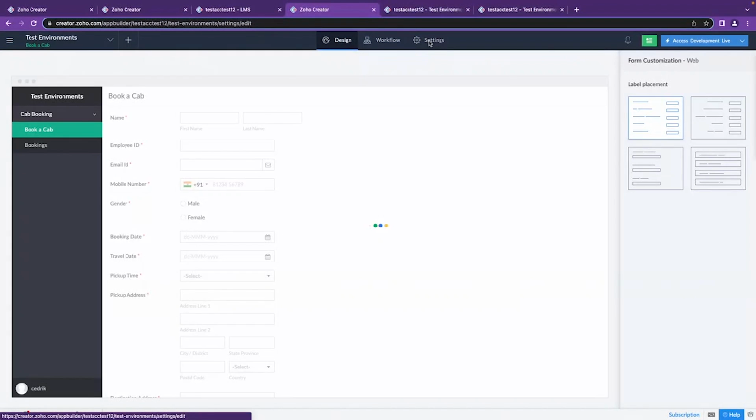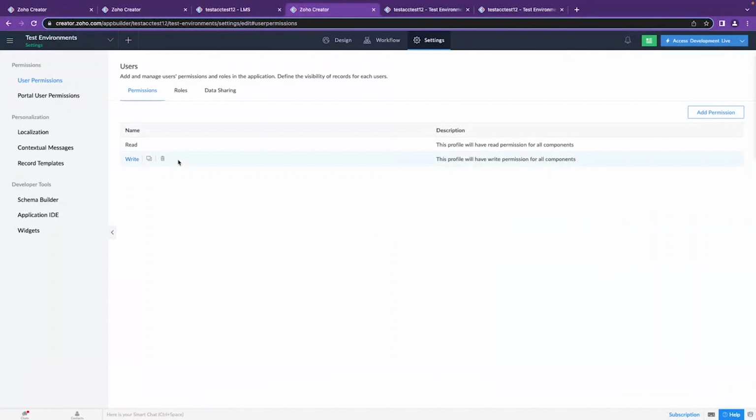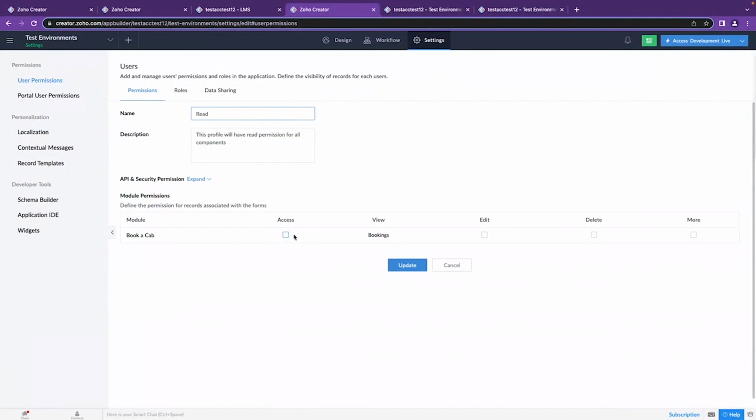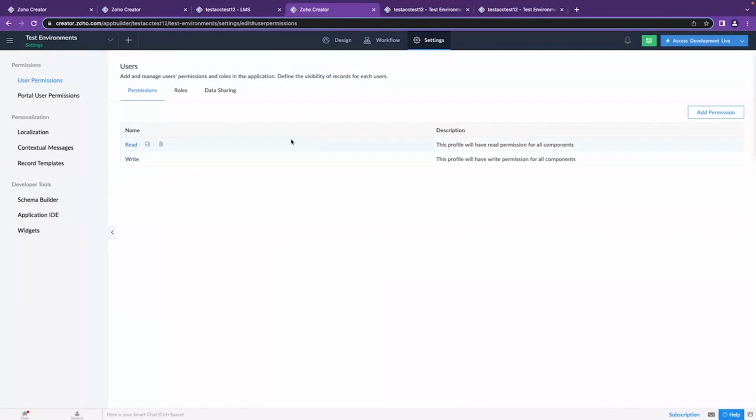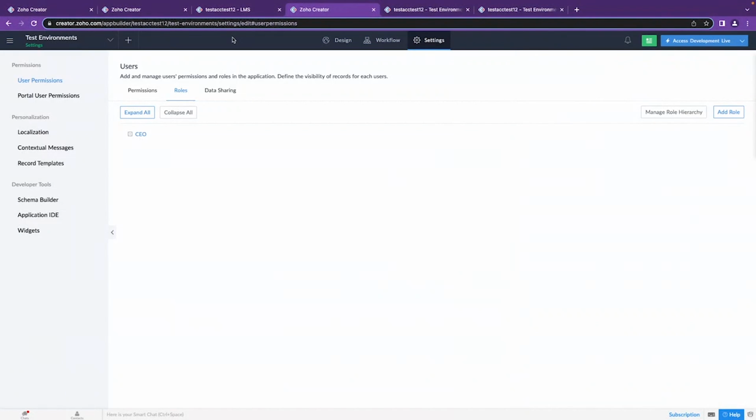I'm going to the settings. I'm selecting the user permissions, which is the end user application user permission. Going to this read option, I'm going to give access to this form. However, I'm going to remove access for the report. Okay, so I'm going to update this permission set, and we already have a role here, a CEO role. If you want to add more roles, you can add them from here. For now, I'm just going to the